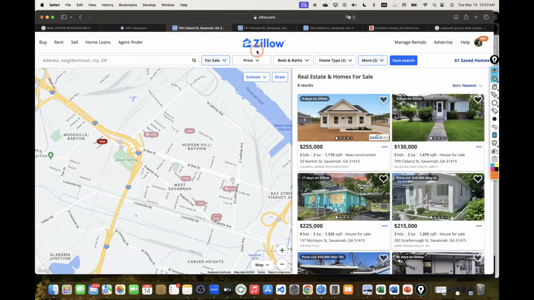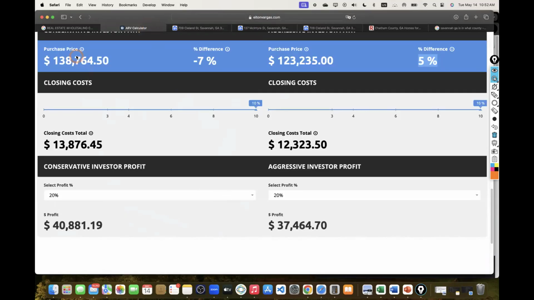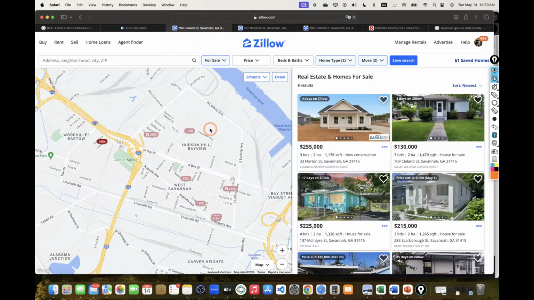If anybody's requesting another analysis, hopefully that gives you an insight into how to analyze a deal. We analyze the market, we find an opportunity, and we notice there are other projects happening in the area, so there's good potential for the future of the area overall. Additionally, it makes sense on this deal if we come across a buyer willing to accept it and satisfied with making $40,000 in a 6-month time frame, plus the time it takes us to get the property under contract. But that's pretty much that analysis.